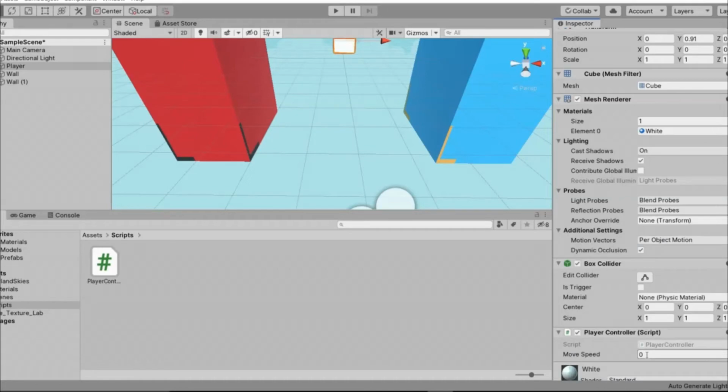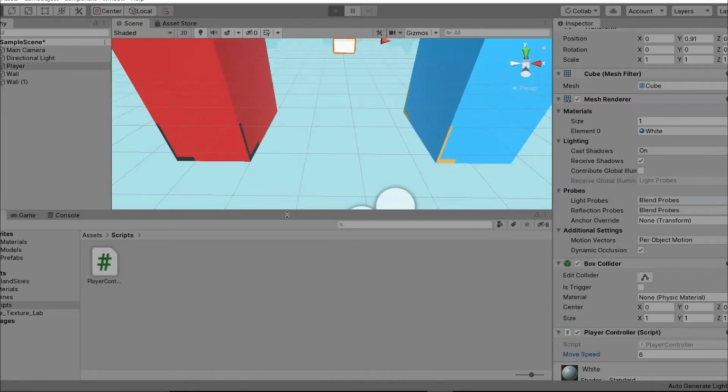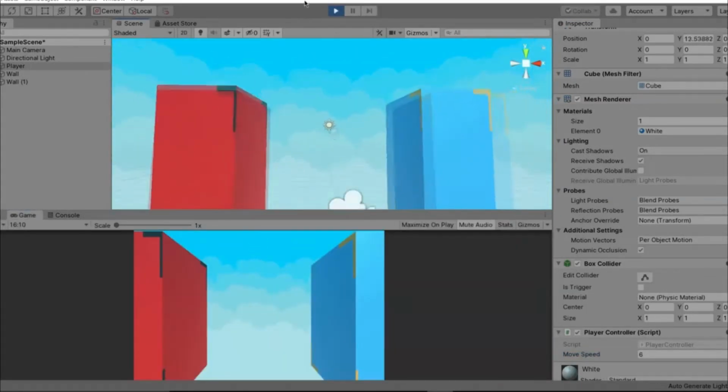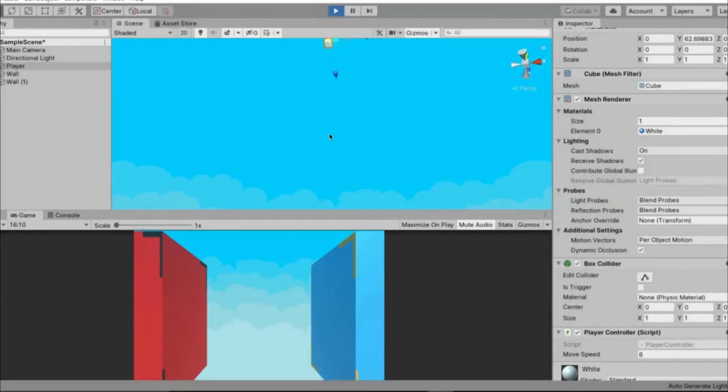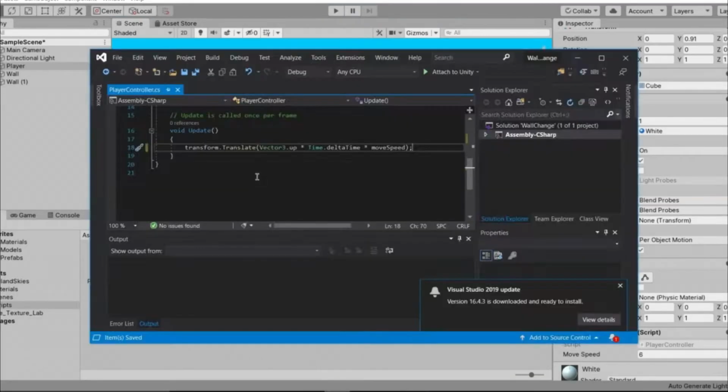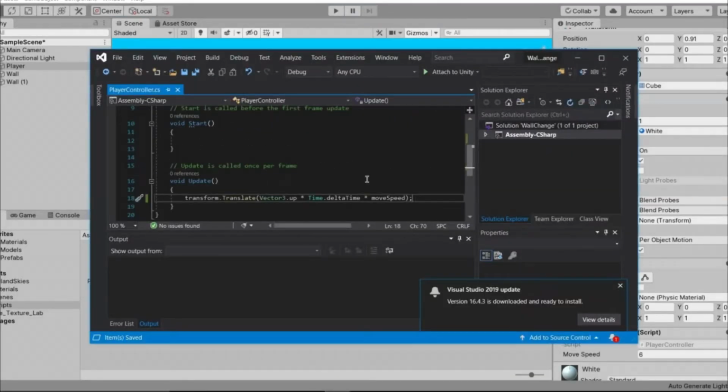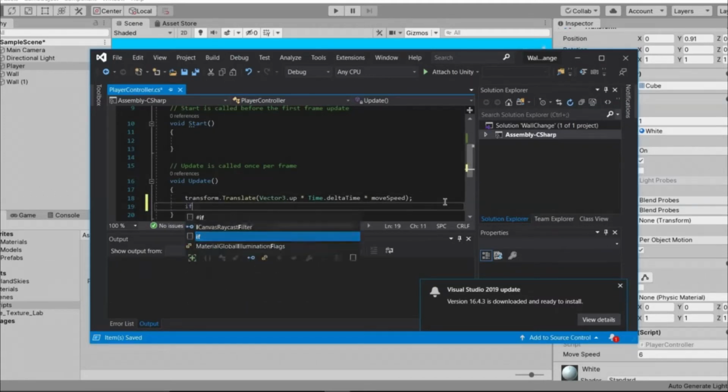Now increase the speed from 0 to, I guess, 6, and hit the play button of the editor and see what happens. As you can see, the player starts to move in the upward direction, and it would keep moving. It won't stop, guys, because of the update function. Now let's stop the editor and go back and add functionality for left and right movement of the player, guys. So what we do for that is if